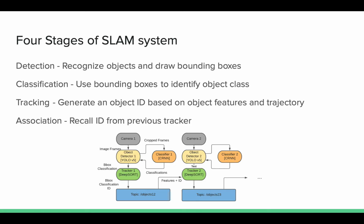First, the objects are recognized by the detection algorithm and bounding boxes are generated around the object. The objects are then classified based on these bounding boxes. Then the bounding boxes and classifications are passed to the tracking module, which generates an ID based on the features and trajectory. This data is then used to inform the next tracking module so that the objects can be re-identified